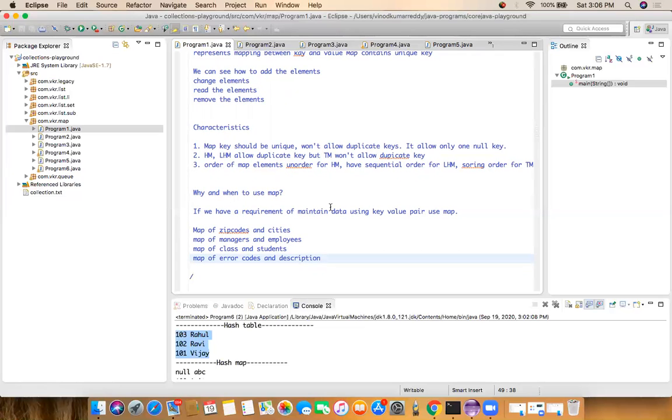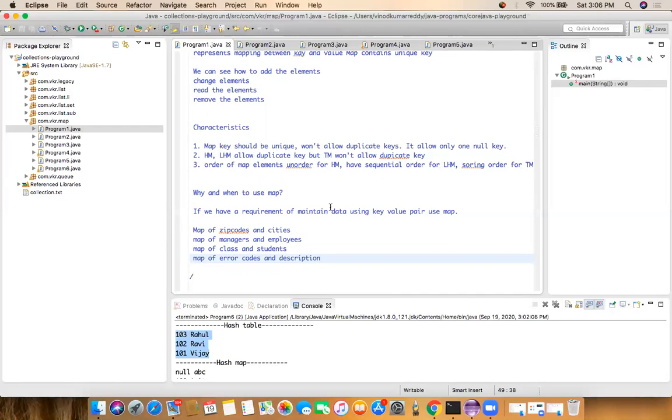For one zip code, we have multiple cities. Zip code is a key, and cities is a list as a value. So for the first zip code, we have some cities. For the second zip code, we have multiple cities. So we have to maintain a map of key value pairs.